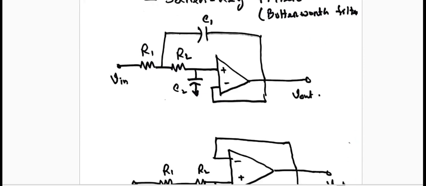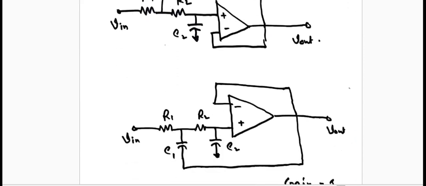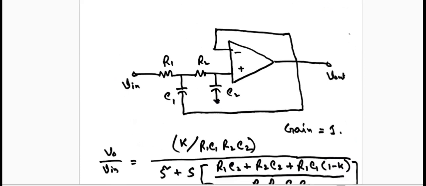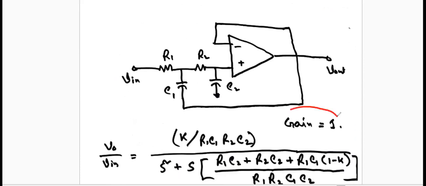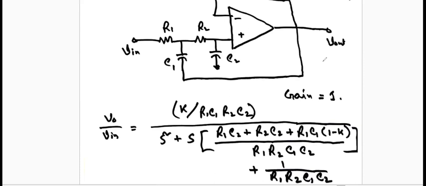You need two capacitors and two resistors. And this can be shown like this, where the gain is 1. At the very beginning, we take gain equals 1, just to make it simple. This circuit shows gain equals 1 because you don't have any feedback resistor there, or any input resistance to the inverting port. By analyzing this circuit,